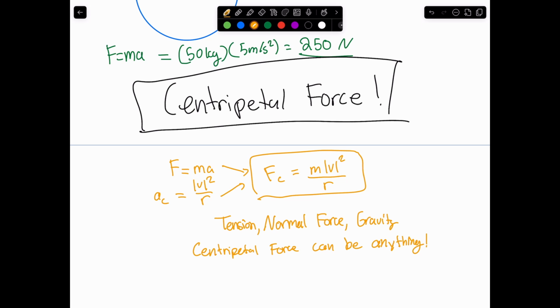With tension, it's always a rope or a cable or something like that. Normal force is the ground pushing back against objects upon it. Gravity is due to the gravity of any planet you're on, or the gravitational force in between planets or whatnot. But centripetal force can be any one of those three, so it's a little different than the other forces you've learned. And that's why it's called a